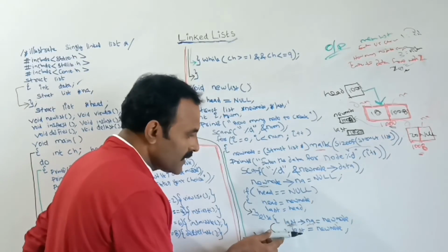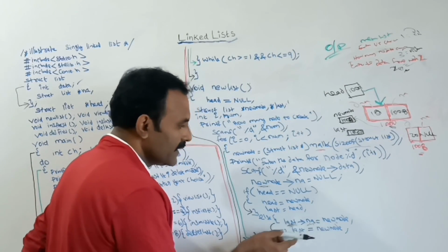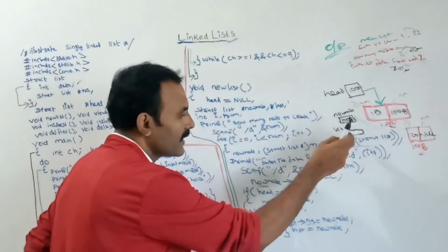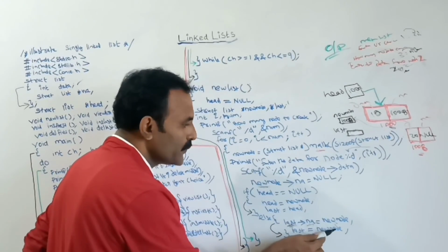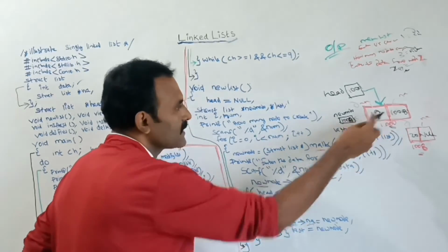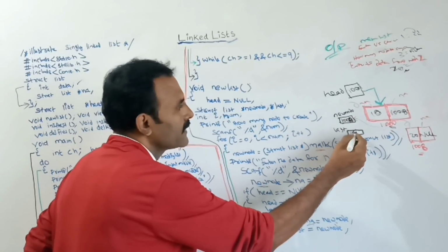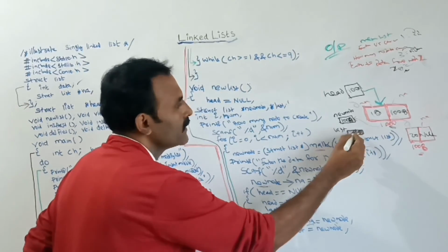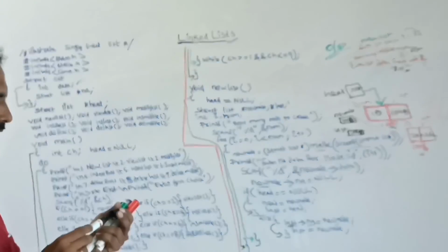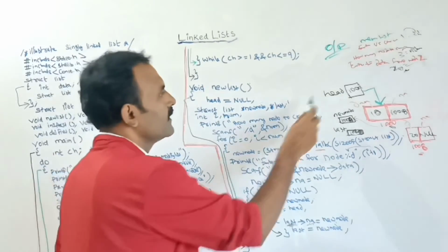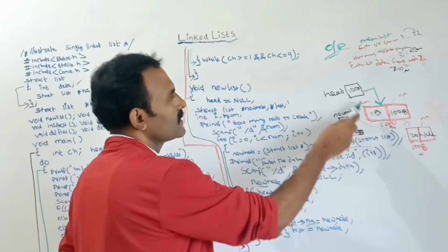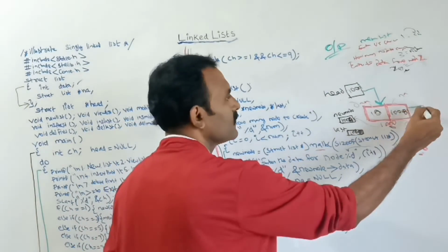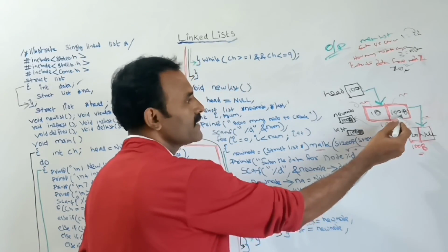Next, last is equal to new node. In this statement, to that last pointer variable, I am now giving the new node value, which is 1008. So now last has 1008. So here we had created a link: from head we can go to the 1000th node, and from the 1000th node we can go to the 1008th node. So this is the relation.